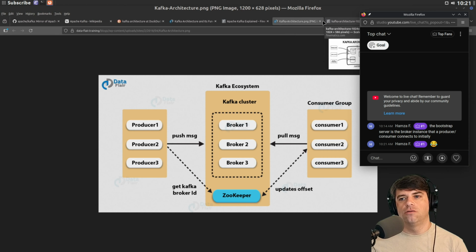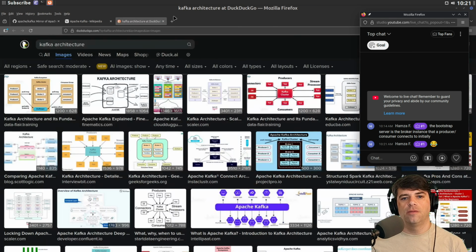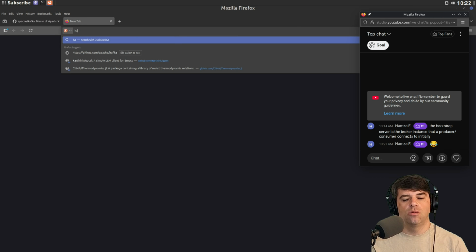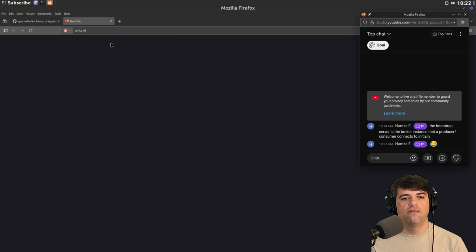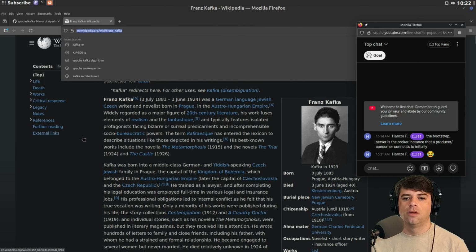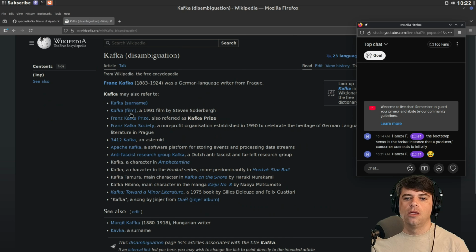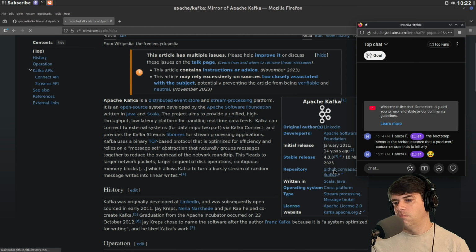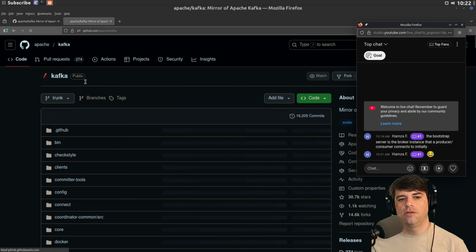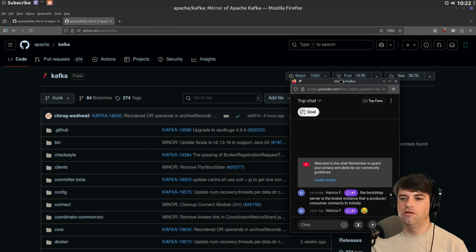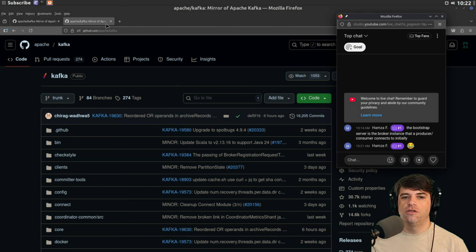I realize I haven't cloned Kafka, so I'm not going to be able to do some things like use tags with it, but that'll be fine. I'm also working from a mirror. That's actually why I opened up Wikipedia in the first place. Let's see if I can find the official. Wikipedia is linking to the GitHub page. I thought they said it was a mirror. Yeah, mirror of Apache Kafka. Okay, I don't know where the official non-mirror is.